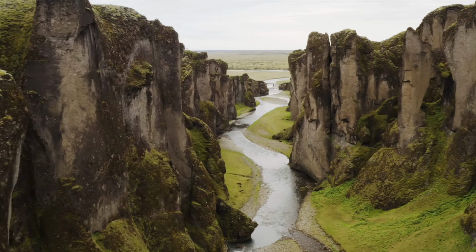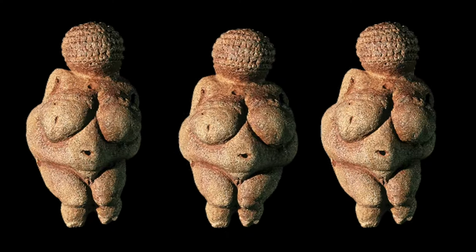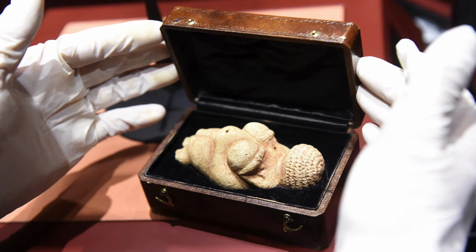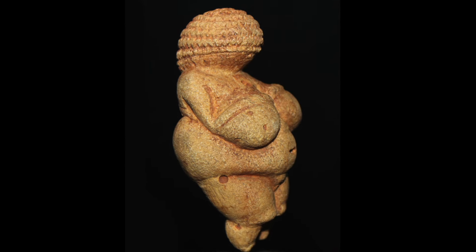One of the most renowned examples of freestanding prehistoric sculpture is the so-called Venus of Willendorf, estimated to have been created around 29,500 years ago. Discovered in 1908 near Willendorf, a village in Lower Austria, this 4.5-inch tall figurine is carved from oolitic limestone not local to the area and tinted with red ochre, suggesting that it was highly valued and perhaps traded or carried